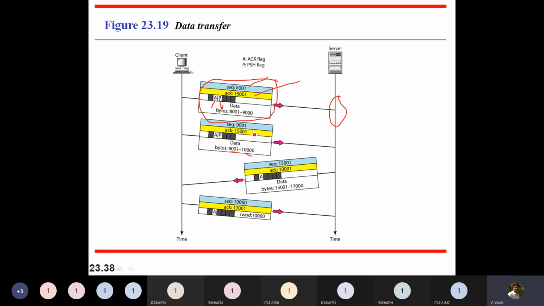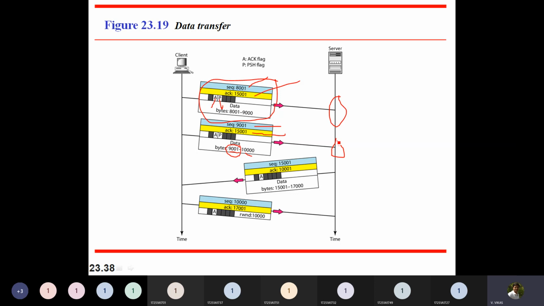There also you are saying the acknowledgement number is 15,001 itself, but the sequence number is 9001. So this particular segment has sequence number 9001 and we are sending.